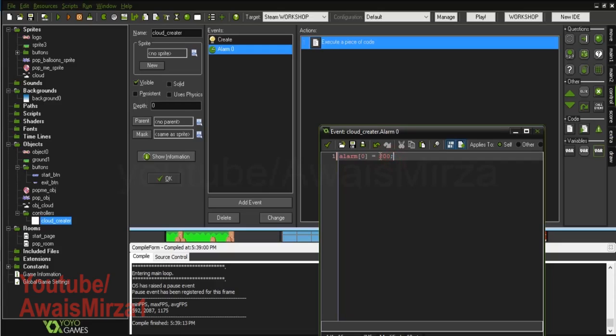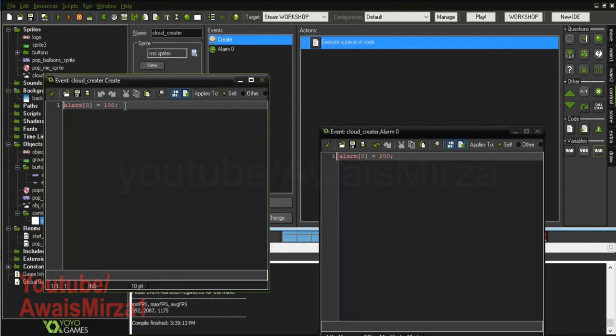Okay, so 6 means 6 seconds. This alarm 0 equals 200 means that this script is going to be executed every 6 seconds. Whenever a cloud will be created, this script will execute, and this will execute the alarm 0 script after about 3.3 seconds, because 100 divided by 30 is 3.3 approximately. So this script will call alarm 0, and inside the alarm 0 we have another script,